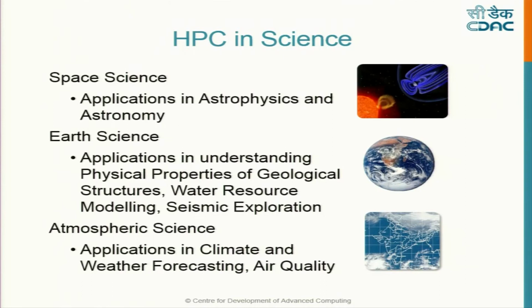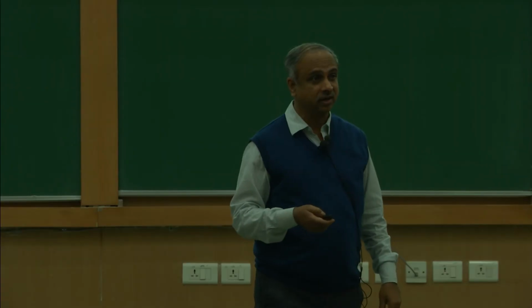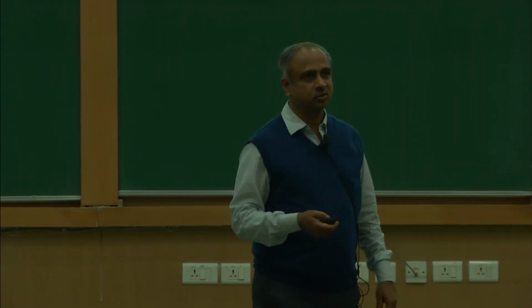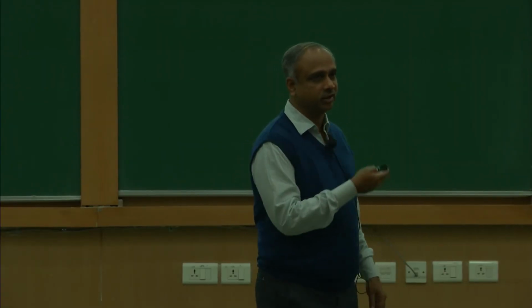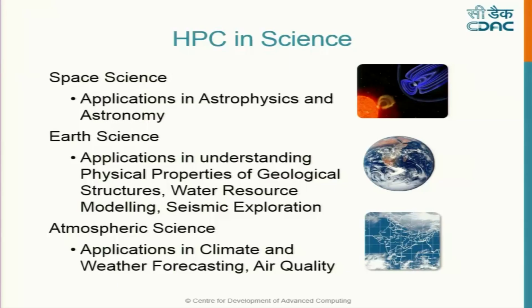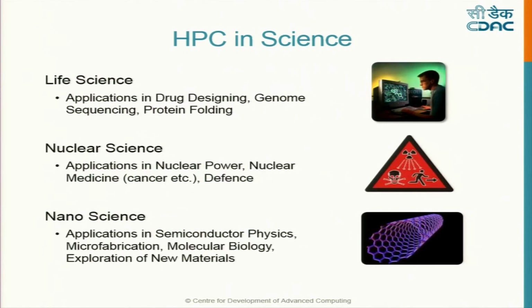Now you are building telescopes like the Square Kilometre Array and 30-meter telescopes. So the data that comes from there is huge, so HPC is ideal to process it. Earth science, like understanding Earth, geological, everything. And then the most frequently used is atmospheric science. I will give some details about it later. Then life sciences, this also I will give you an example. Nuclear science, simulating reactions, etc.